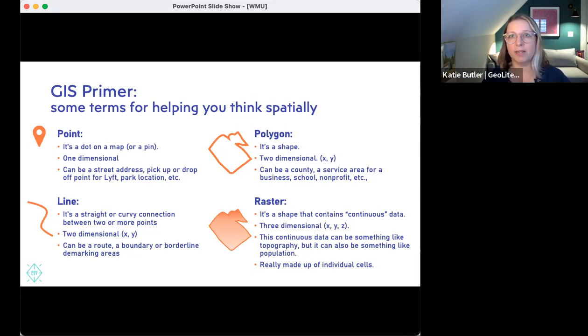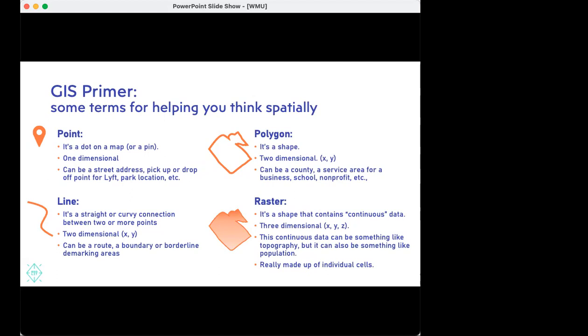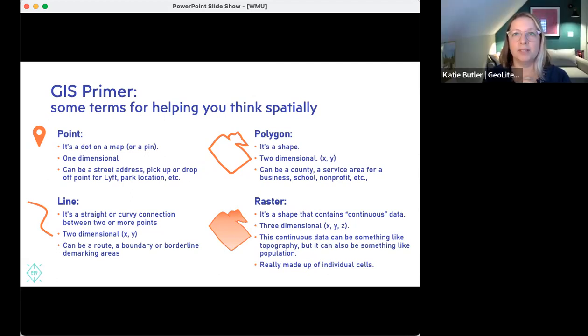The last thing we're going to talk about is a raster. And this is important. It's going to sound like it's not important, but trust me, it has this Z information. It's three-dimensional. So people will say that rasters include continuous data. And if you're a math nerd, you'll know that this is a lie, because rasters are actually made up of little boxes. It's not actually continuous. But anyway, the principle is to provide information about data across a continuum. So the X and the Y are just your polygon information. It's the shape that you're looking at. But that Z information can be anything.